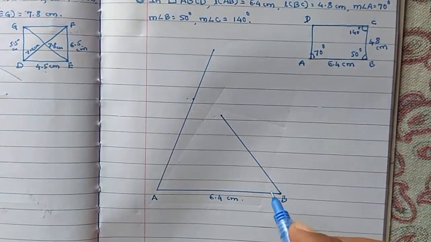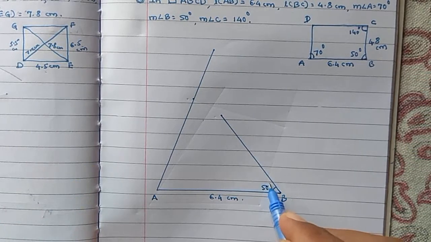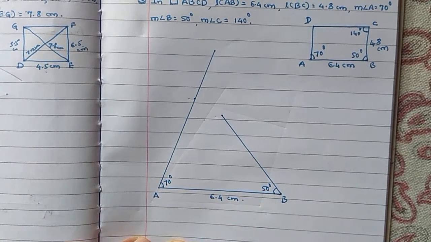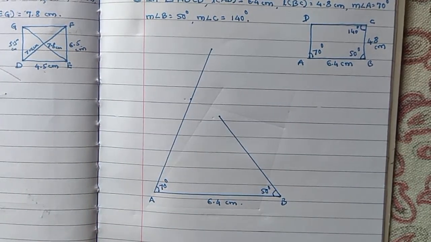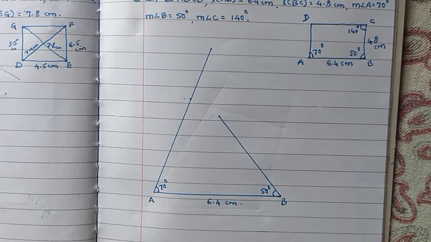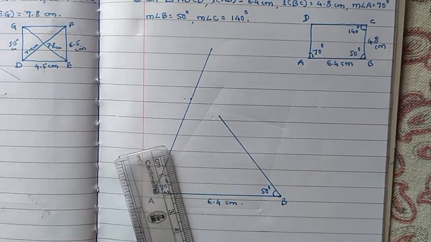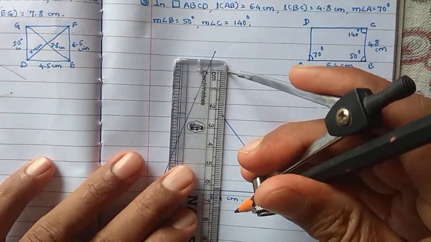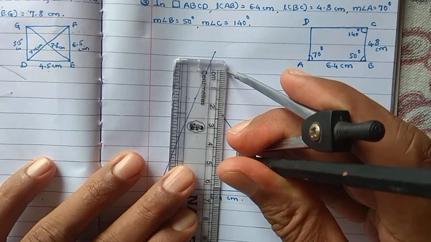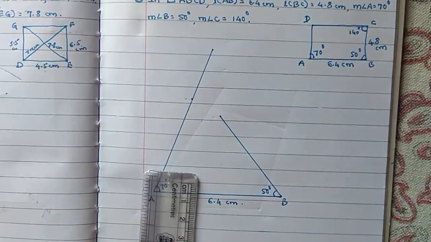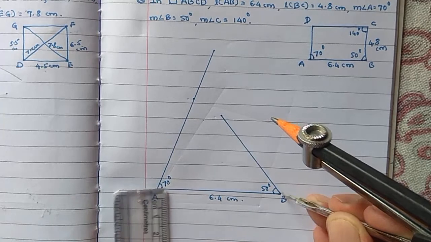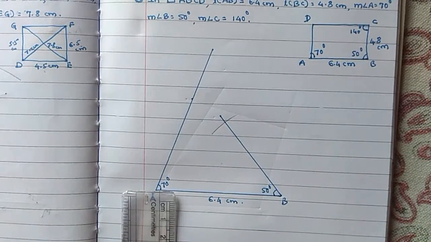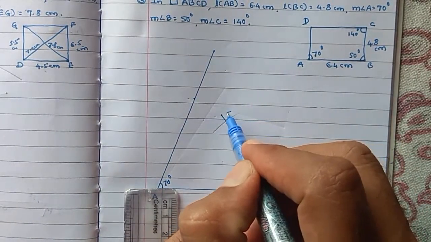What is the measure of this angle? 50 degrees. Go on writing the things so that later on you may not forget. Right. Now what distance is given? This distance is given, 4.8. So first we will fix the point C. In the compass, take 4.8 centimeter distance. From point B, adjusting the steel point on B, take an arc. So what is the meaning of this? Now the intersection, this is our point C.